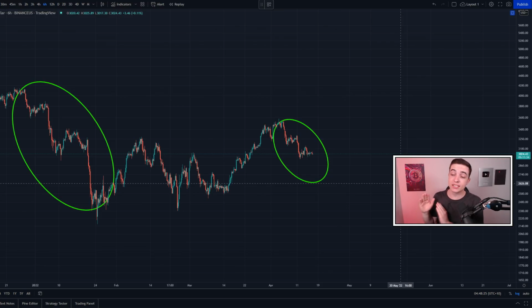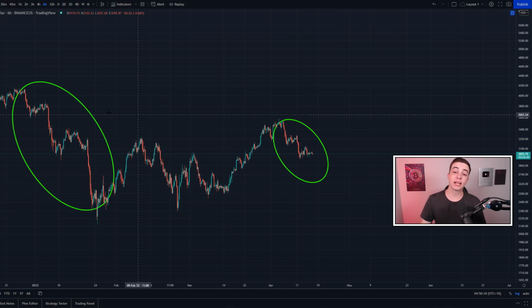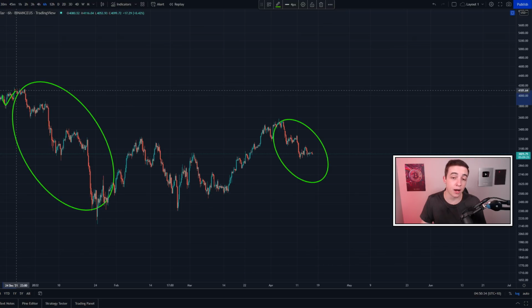And over here on the 6-hour Ethereum chart, I've just spotted a brand new Ethereum fractal. You can see for yourself that this price action over the past 2 weeks has been playing out very similar to this price action that we saw at the very beginning of this year, but just at a smaller scale. First of all, at the end of December last year, we actually saw a bit of a dip here and then a pump leading into a fairly fast drop off in the price of Ethereum. And we've seen exactly that happen at the local top. Basically a short-term dip, one more pump, and then a pretty sharp drop off in the price of Ethereum.